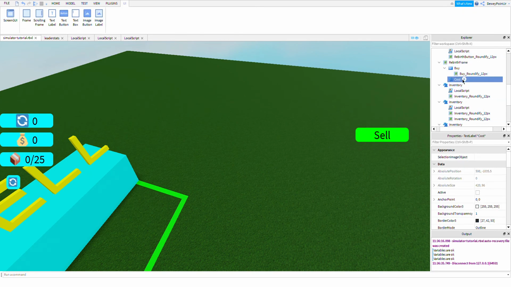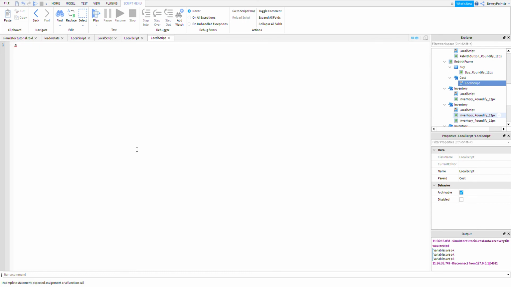But inside our cost, we're just going to insert a local script, and inside it we can say script.parent.text equals game.players.localplayer.leaderstats.rebirths.value times 500, and we can just say game.players.localplayer.leaderstats.rebirths